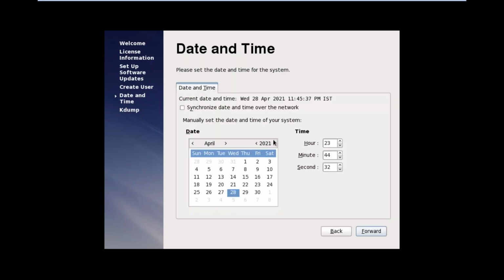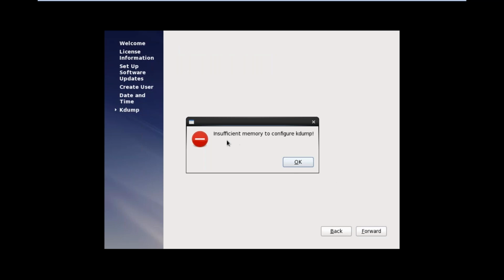If you want to change the date and time, you can change it. Otherwise, click on forward. Insufficient memory for kernel Kdump. Kdump means kernel dump. Whenever our system crashes, one kernel dump file will be created.